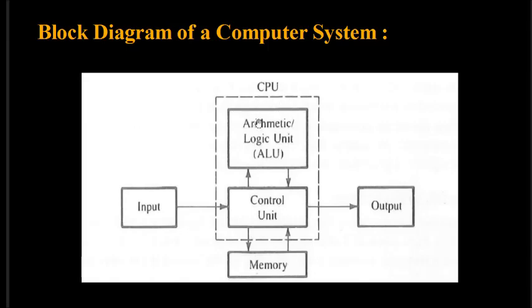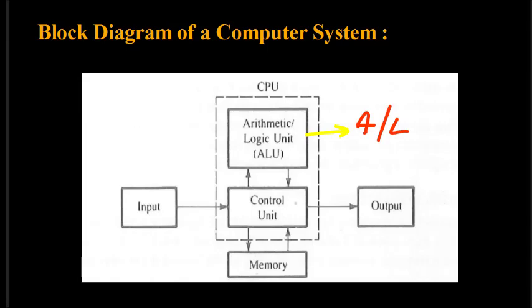For a computer to function, it should have some more components apart from the microprocessor. Now we have integrated processors, but in old computer systems, apart from the microprocessor, there were some supporting ICs, supporting chips, and they would make up the CPU. Here the CPU contains the arithmetic logic unit and the control unit. The arithmetic logic unit is responsible for performing all the arithmetic and logic operations.